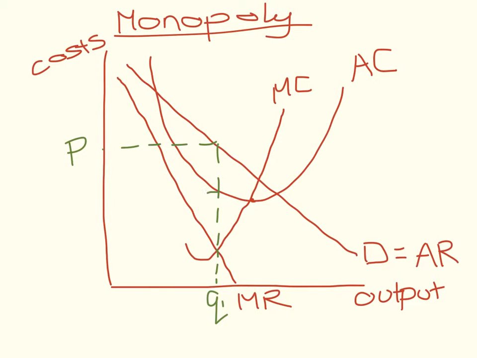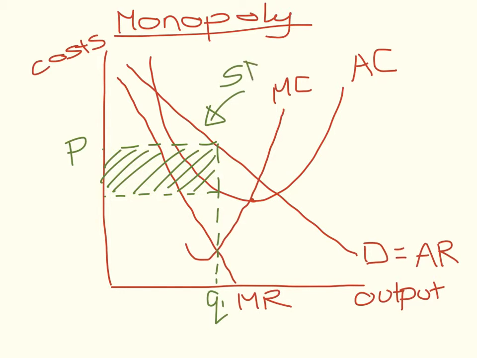where it goes through the average cost curve, if you go to the side there, this top box now is what we call supernormal profit or abnormal profit, depending on which term you use. So the whole box represents the revenue that the monopoly receives. The bottom box, this one here,